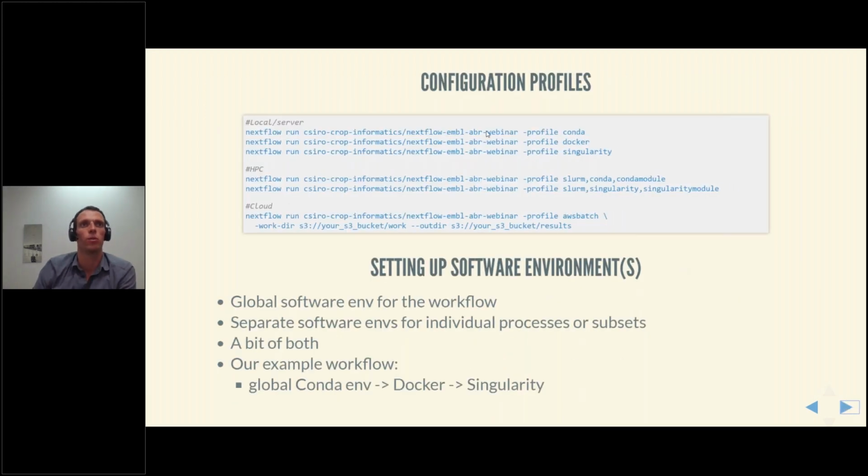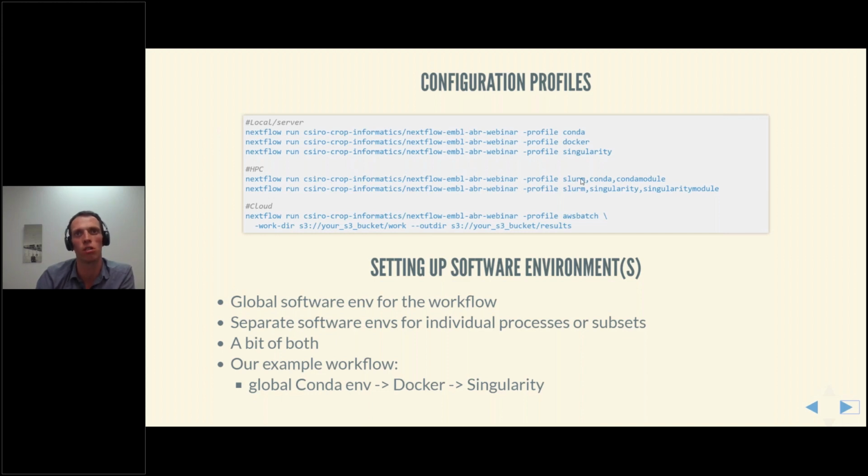So this is how you would then call that. On a local machine or on a standalone server, you might run our webinar example using the Conda, Docker, or Singularity profile. It gets a bit more complicated, as I mentioned, with running on an HPC.